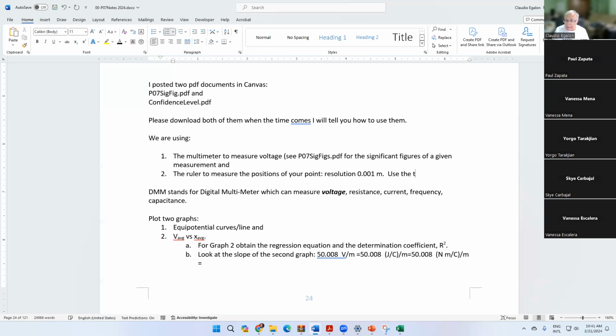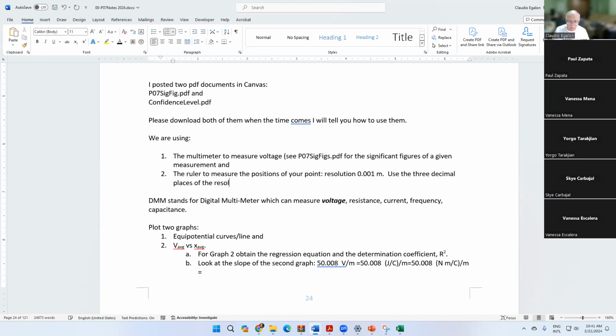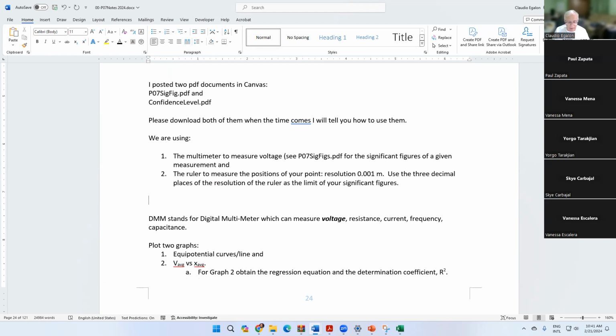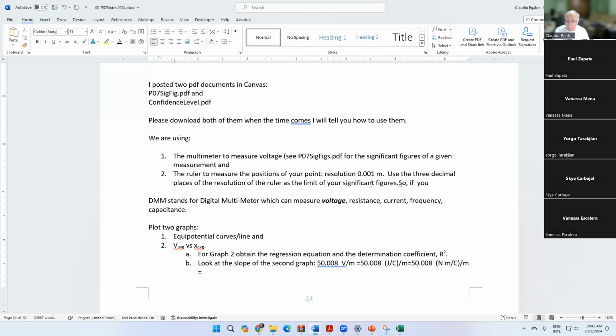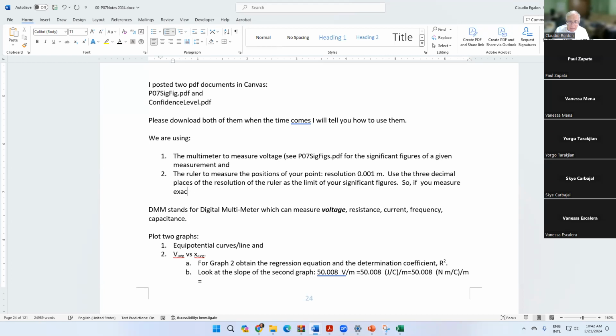Use the 3 decimal places of the resolution of the ruler as the limit of your significant figures, okay? Significant figures. That's how we're going to do that. So if you measure, for instance, let me give an example, right? So if you measure exactly 2 centimeters with the ruler,